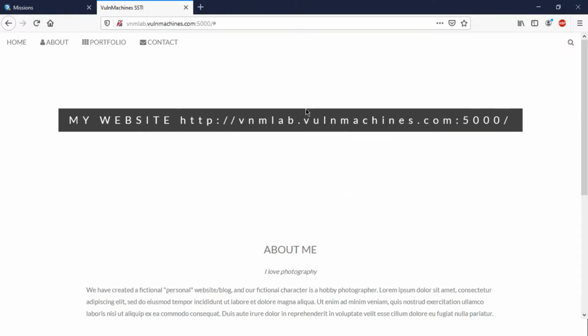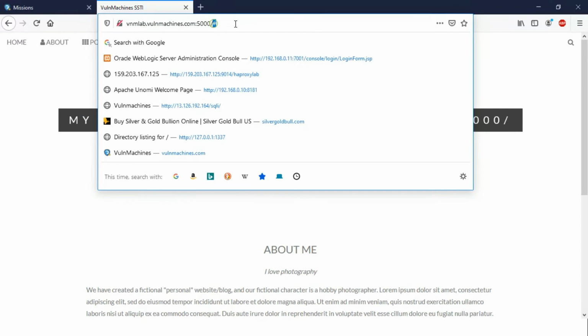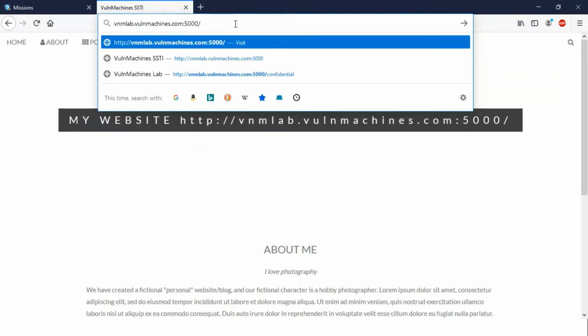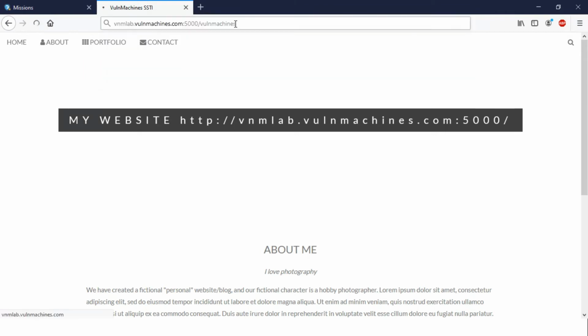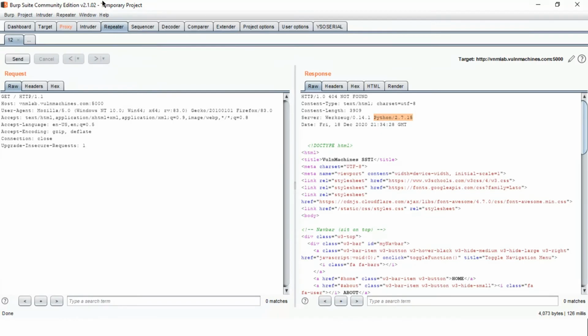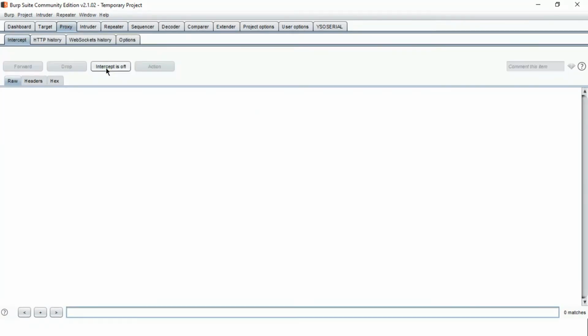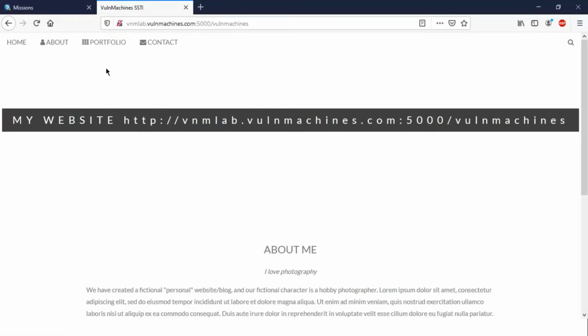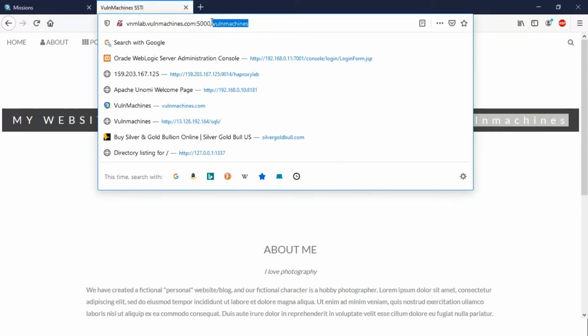So now there is no input method. Okay, we have a click over here and the hash. Okay, let's try over here. World machines. I am just giving random strings. So okay, let's turn interception off for a while and see the output. You can see the output over here. The behavior of this application is changed. The output is over here.